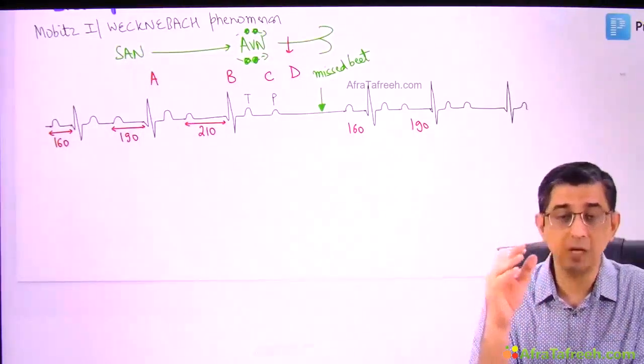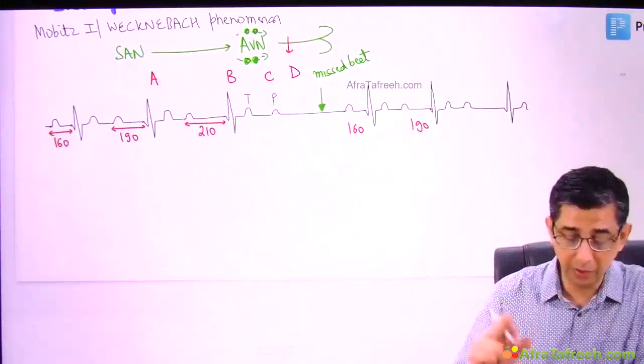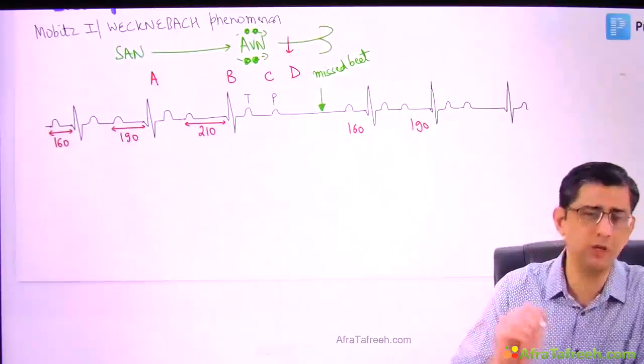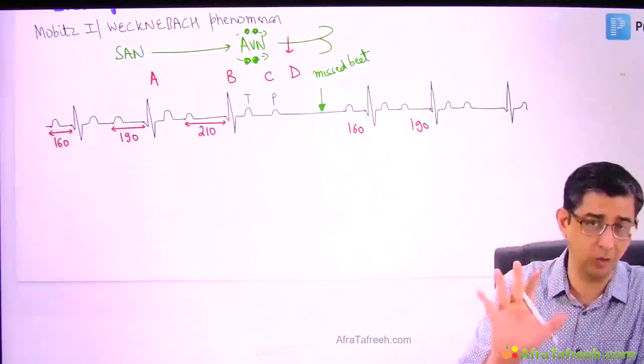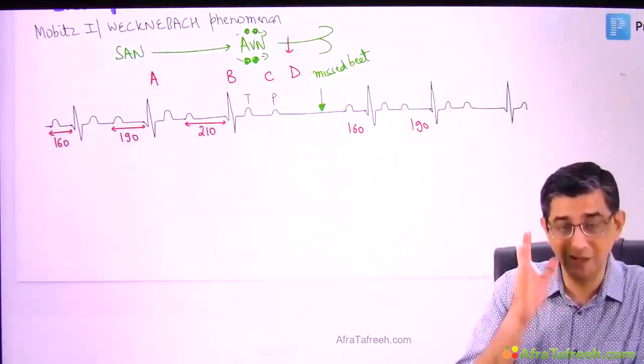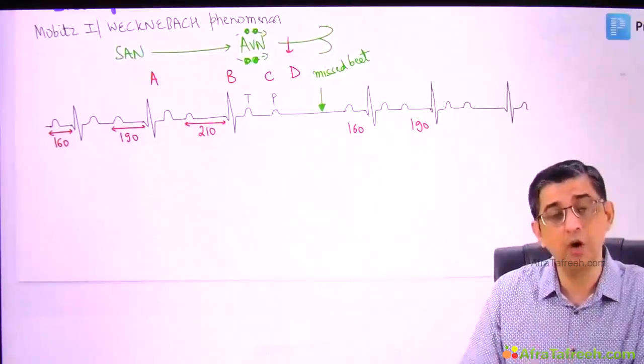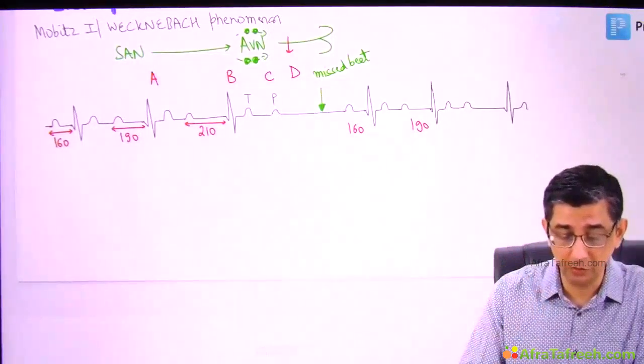So what he says is that the moment you identify the missed beat, listen to this part carefully, which will usually be given in the exam in the form of a vertical black arrow, this highlights the fact that at this point of time the QRS complex should have been present but is sadly missing in this case. All you need to do then is, listen to the words carefully,